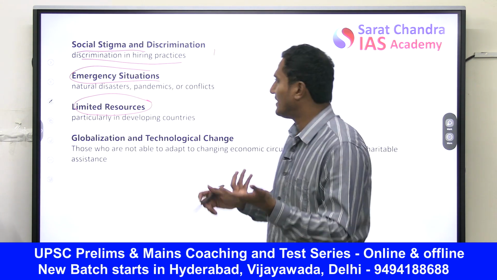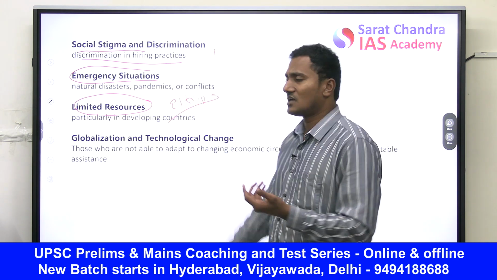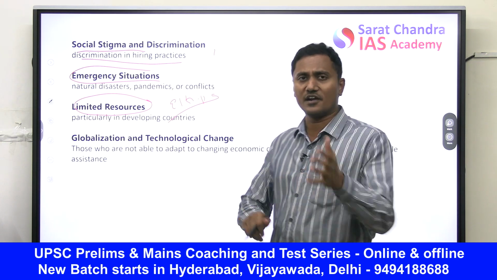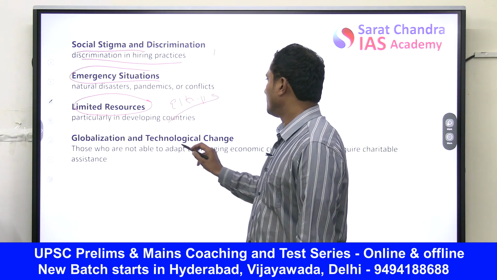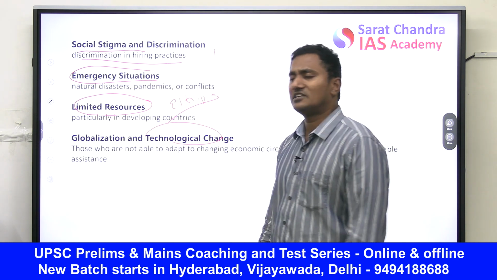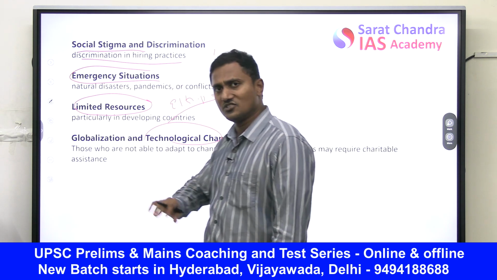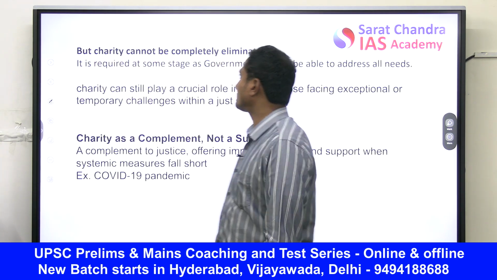For example, you can write about Ethiopia and many sub-Saharan African countries that are dependent on aid and charity from the United Nations. You can discuss that. Similarly, friends, because of technological change, in any society, people who are unable to adapt to and use it are at a disadvantage, and they need charitable organizations to help them.